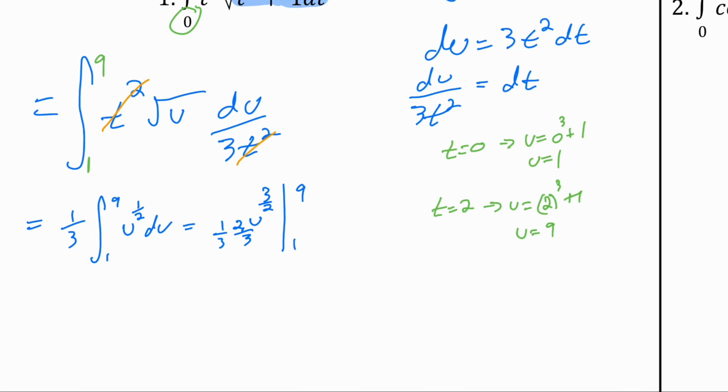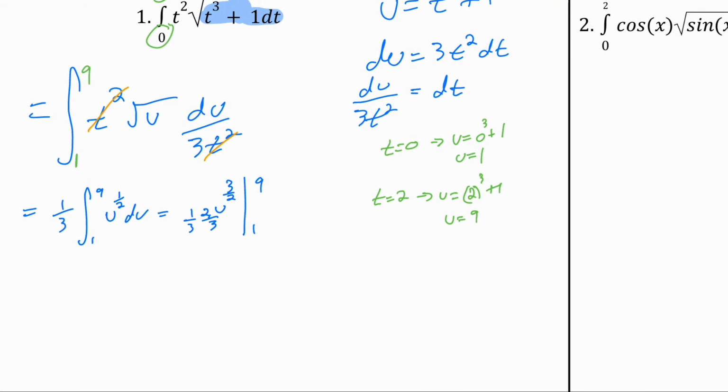So what I'm going to do is kind of clean this mess up a little bit. 1/3 times 2/3 gets me 2/9. And then u to the 3/2 is really the square root of u cubed. We're going to evaluate that from 1 to 9. So we end up with 2/9 times the square root of 9 cubed minus 2/9 times the square root of